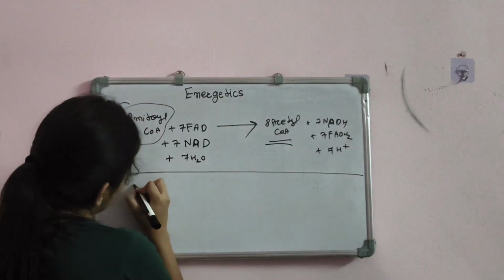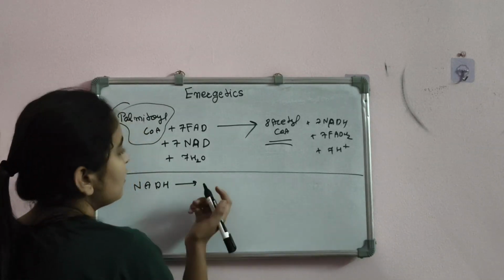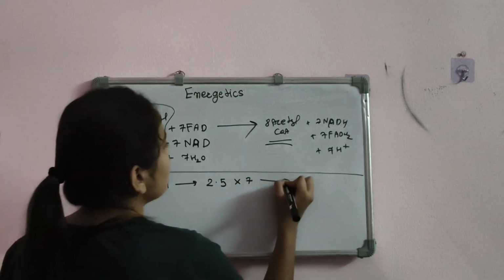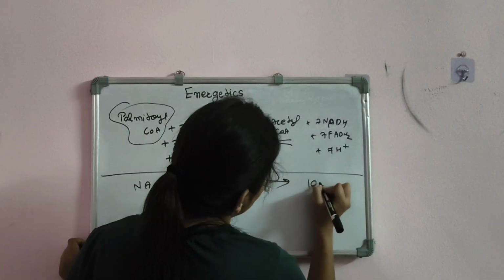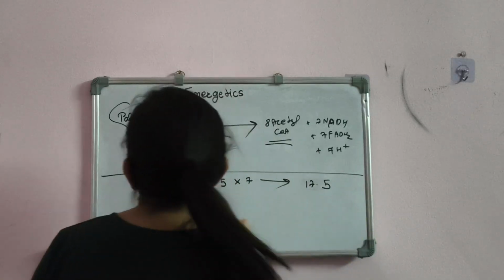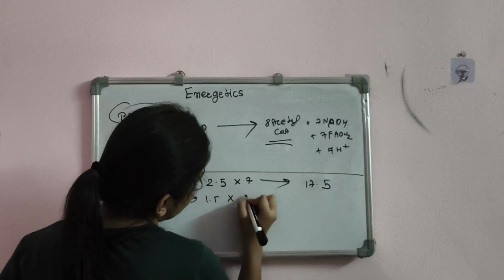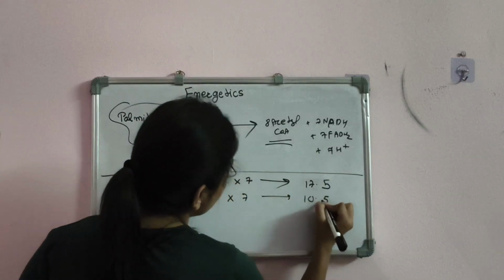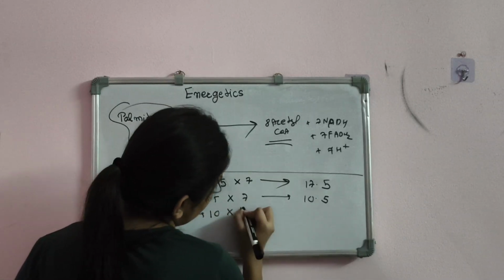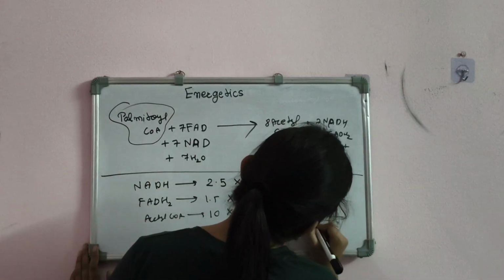First, NADH, when it goes into oxidative phosphorylation, one NADH gives 2.5 ATP, which multiplied by 7 gives 17.5 ATP. Then FADH2 gives 1.5, and 7 of them are formed, so it gives 10.5 ATP. Each acetyl CoA gives 10 ATP, so it gives 80 ATP. So this total is 108